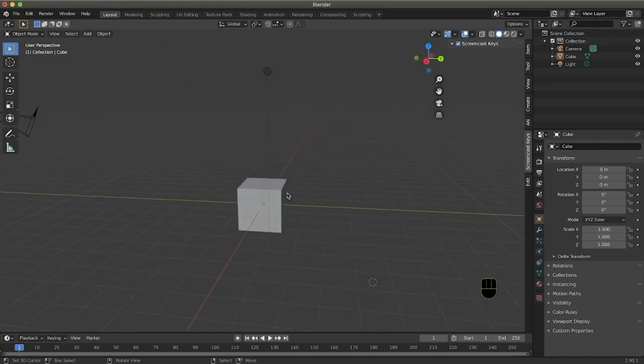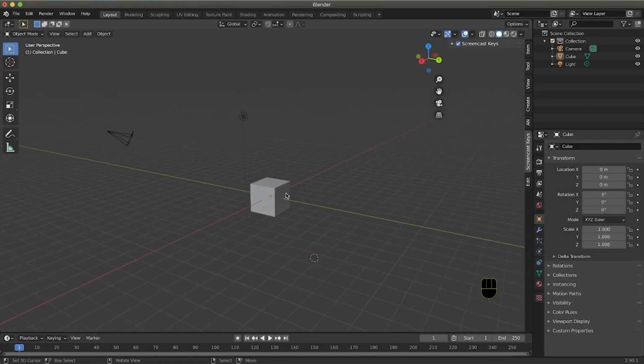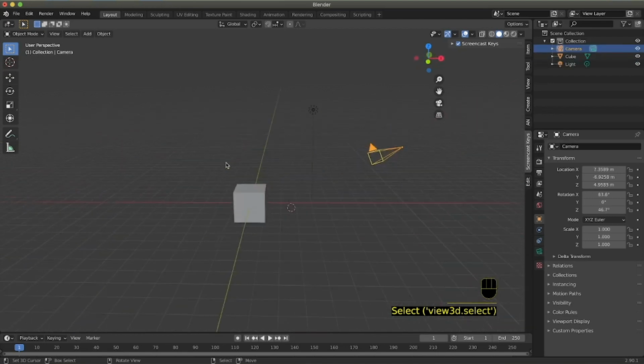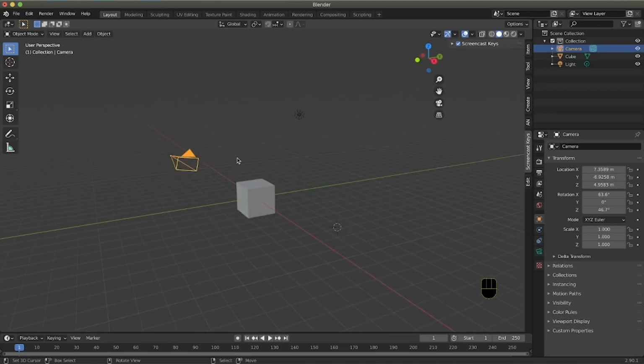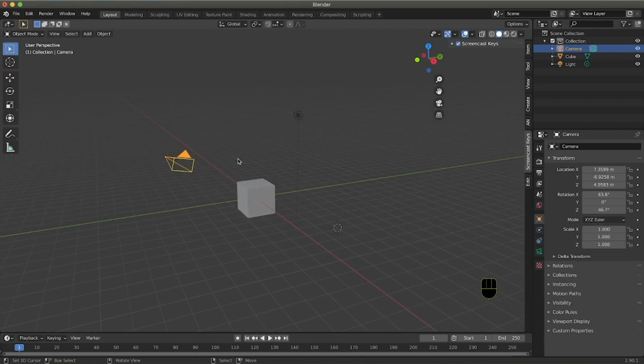Now, when you open Blender, you will see the default cube, and I am selecting it with the right click of my mouse, the default light and the default camera. This is to help you set up a scene without leaving you with an empty space.